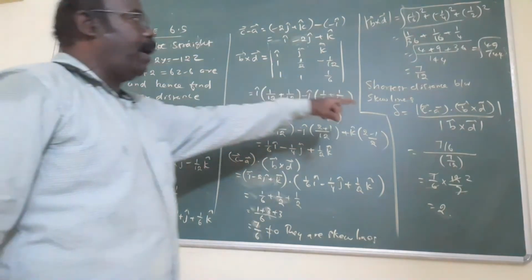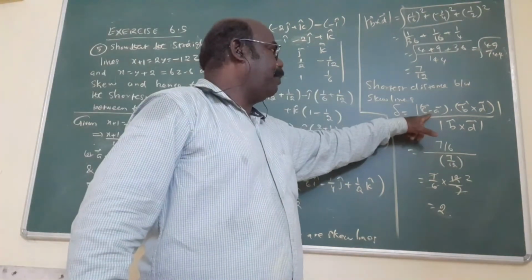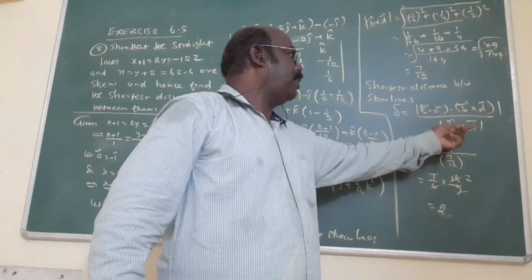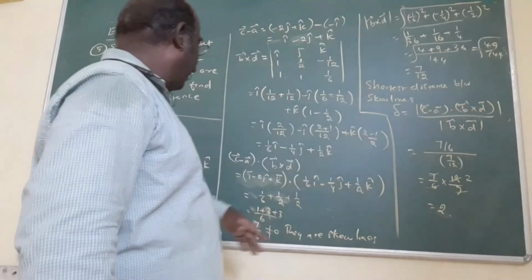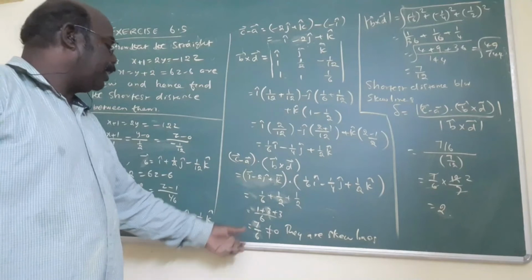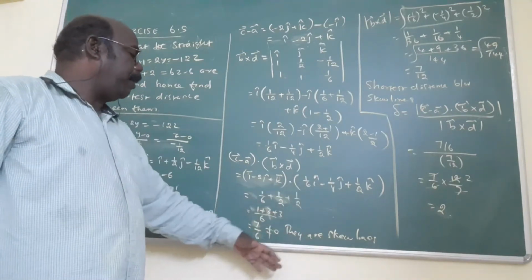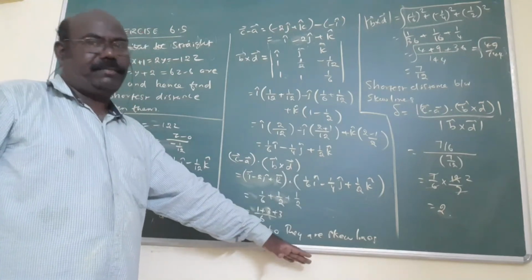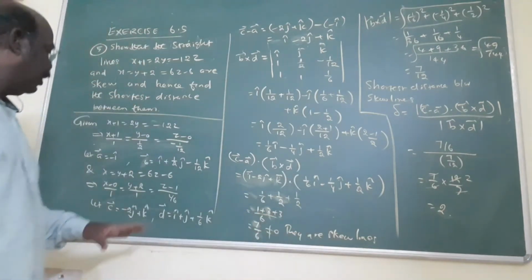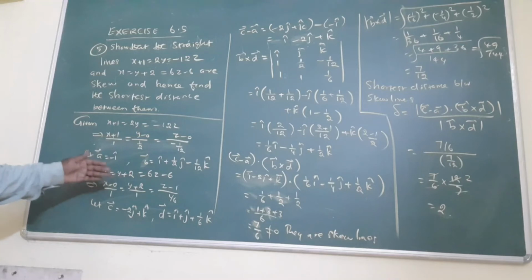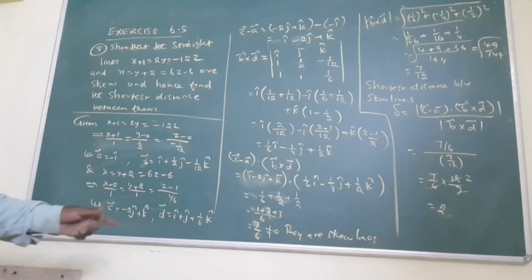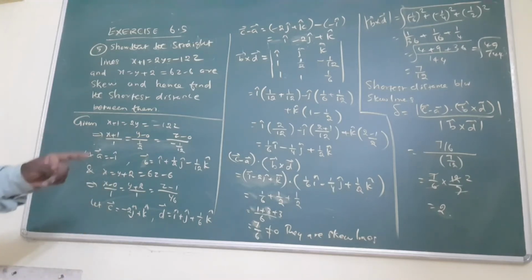That's why this is a formula. That's why I am finding the C minus A vector, B plus C vector, the modulus of B plus C. Before that, you will prove the dot product is equal to 0 means they are intersecting lines, not equal to 0 means they are skew. That's very important. That's why I am assuming A vector, B vector, C vector, D vector, not x1, y1, z1.